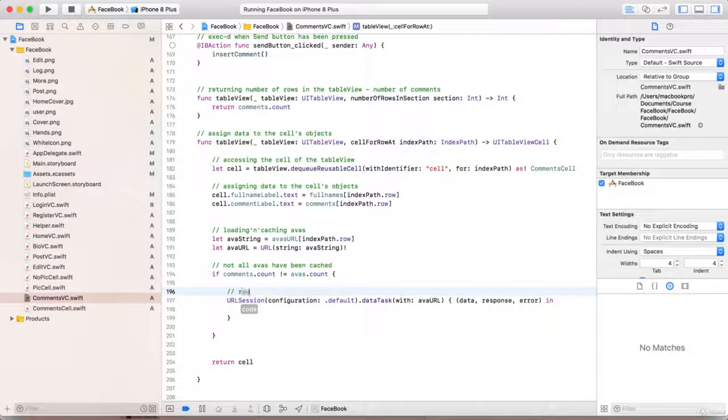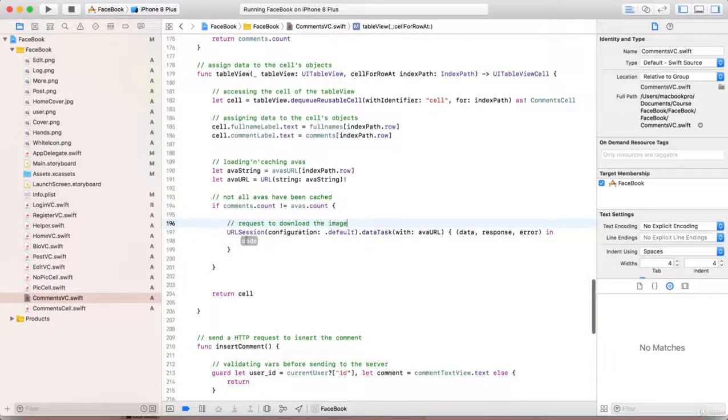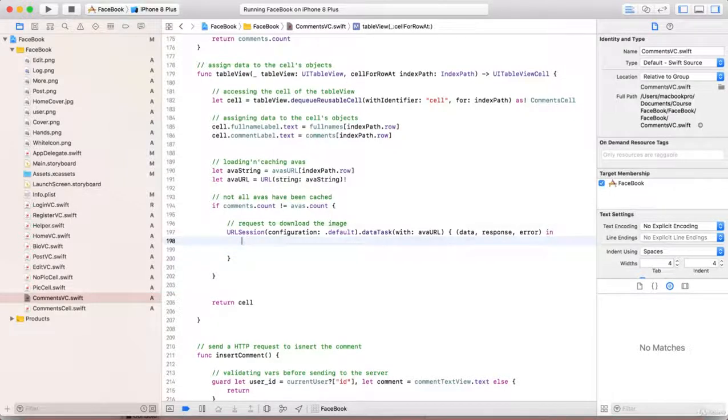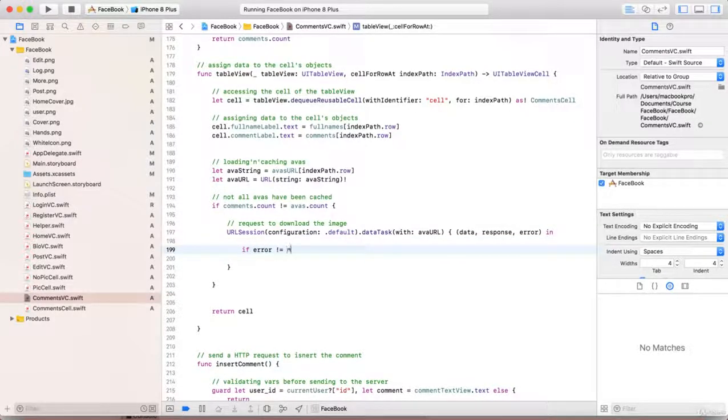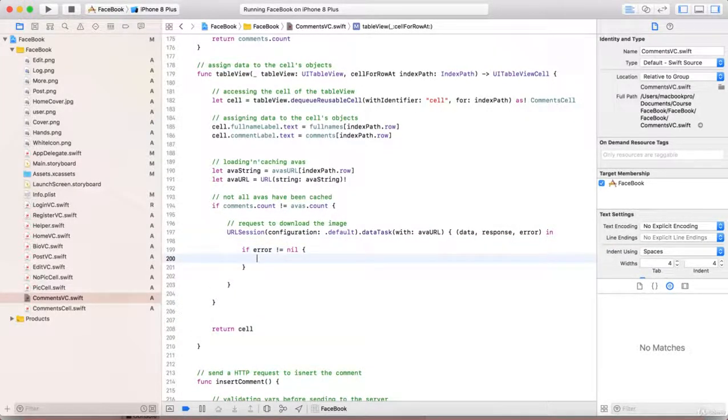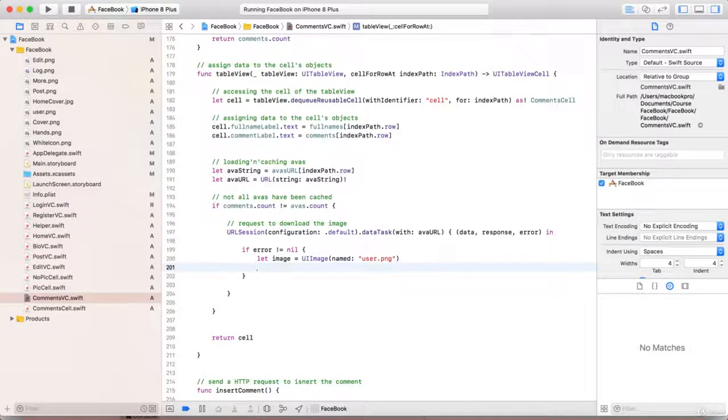Okay, this one is the request to download the image. Great. And here we will write if error is not nil. So it means then we want to show the placeholder. And we will write let image equals UIImage, open the round bracket, named: user.png. And then we will write